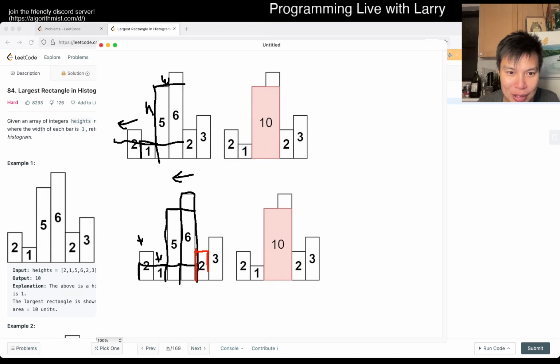Yeah, so let's say we have the 2, right? Then what does it mean? Well, now we want to extend it to the left this way, and we know that the 6 and the 5 is no good. I mean, we can process. Now we know how far 6 could go because we have the width of the left side, and we know that the left side is just the boundary between the 6 and the 5. And then the right side of the 6 is obviously our current boundary because it cannot go right any longer. So then now at the 2, we process the 6 and the 5, and we have this,